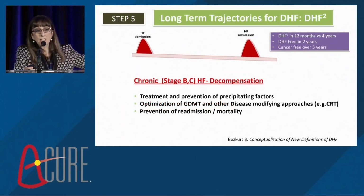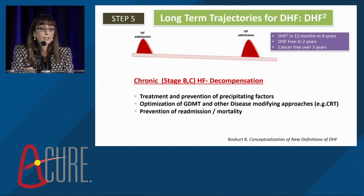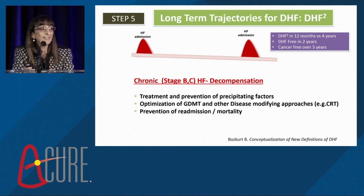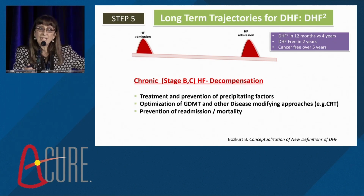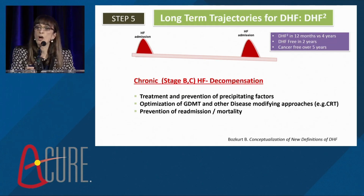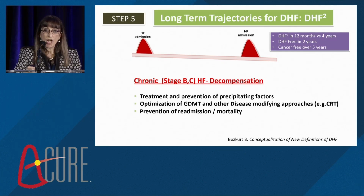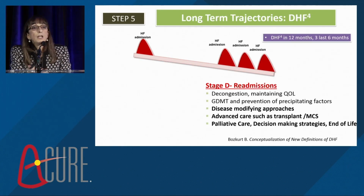A patient that had a heart failure admission, let's say 12 months ago versus 4 years ago, and this is a second admission. So I started using, with my trainees, DHF squared within the last 12 months, meaning 2 admissions in the last 12 months is a bad sign, right? And we work hard, and yes, you optimize the GDMT, you decongest, you are trying so hard to change the trajectory, but this patient is still modifiable. Not to lose the concept of change the trajectory, because we have many opportunities with our GDMT,